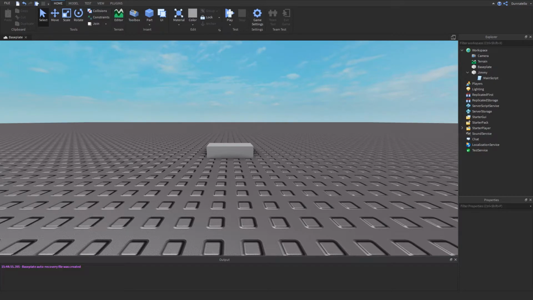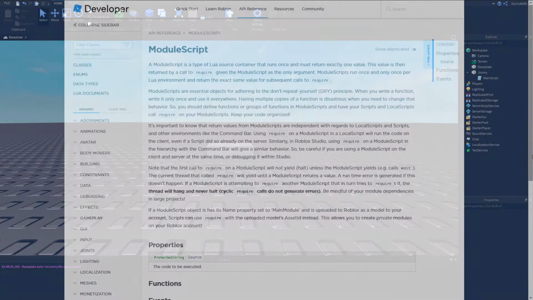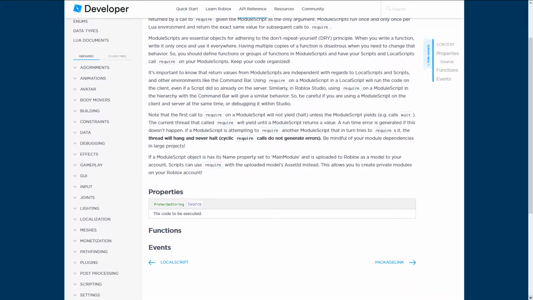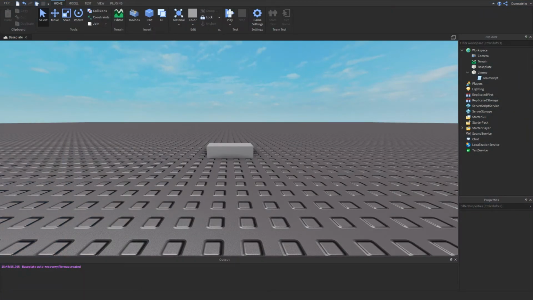Since we learned that global variables shouldn't be used for a variety of reasons and local variables are only visible in one script, you might be thinking, how do I store values that more than one script can see and use? Well, in programming languages, modules are used to accomplish this task. Modules aren't run when the game starts, so they are useful for storing functions or variables that can be called upon later on.